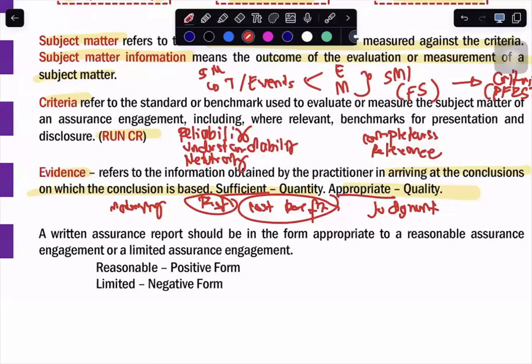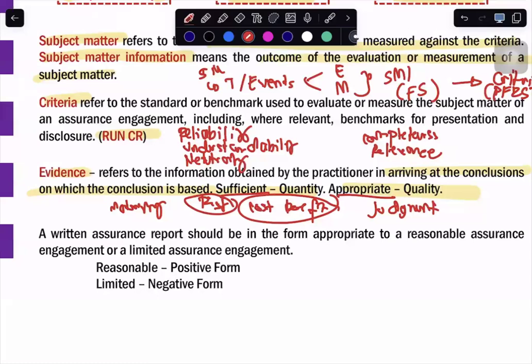First, as to materiality, we look into the nature, timing, and extent of our evidence gathering procedures. Whether, if we look into our evidence, that particular evidence will lead us to a conclusion that the subject matter information is free from material misstatement. So we look into our materiality threshold in determining the extent, the nature, and the timing of our audit evidence.